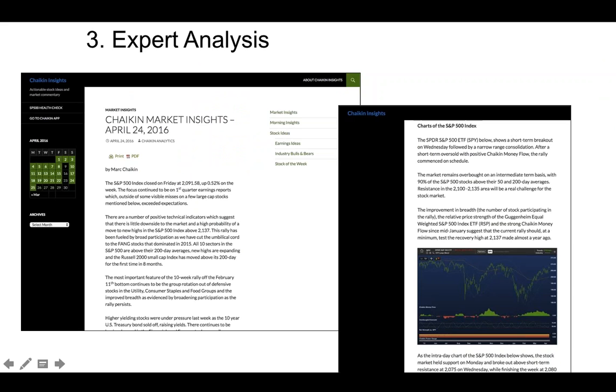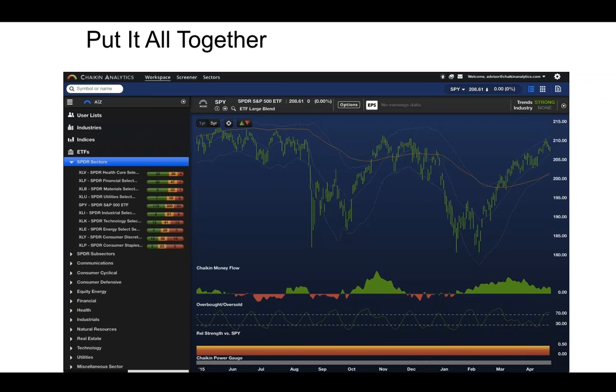The final thing, of course, is market insights. So commentary from Mark Chaikin and John Schlitz. This information is available. I think the best way to really use this is by just reading Mark's weekly article. So some of the main takeaways that I had from his article here: